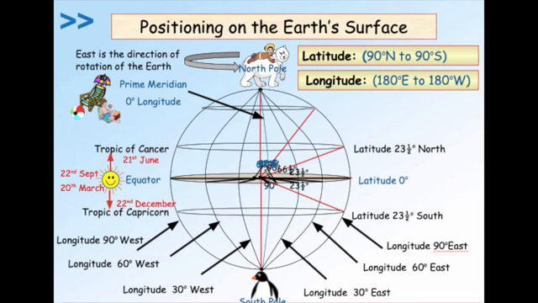Okay, in our last slide, we're going to take a look at a model, and we can see that the equator is 0 degrees latitude. We have the prime meridian, which is 0 degrees longitude. We also see the Tropic of Cancer, which is in the northern hemisphere, and the Tropic of Capricorn, which is in the southern hemisphere. So take the time, study this little model, and I hope you learned about longitude and